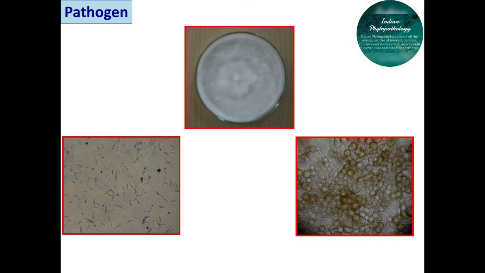If you see the disease cycle, this fungus can survive in the soil as a saprophyte for several years in the form of chlamydospores or resting spores. The pathogen is both externally and internally seed-borne. The primary source of infection is always dormant hyphae and the chlamydospores which are present inside the soil, and the secondary spread is through conidia and chlamydospores which are disseminated by irrigation water. Now the most important point comes, that is management of Fusarium wilt.